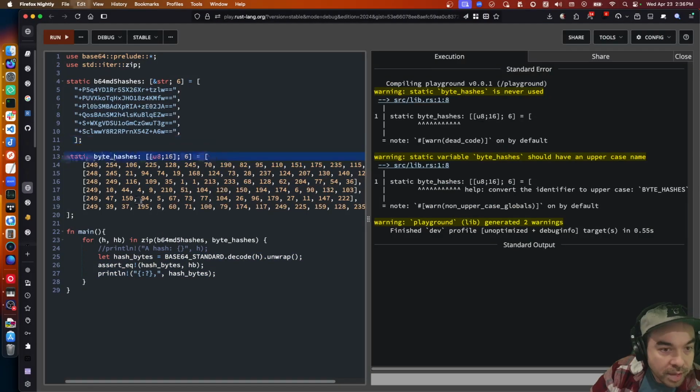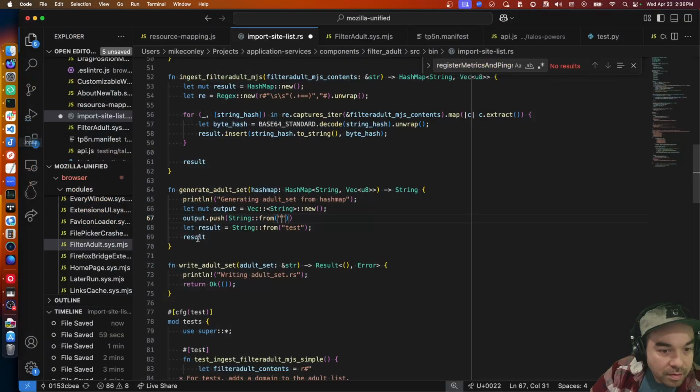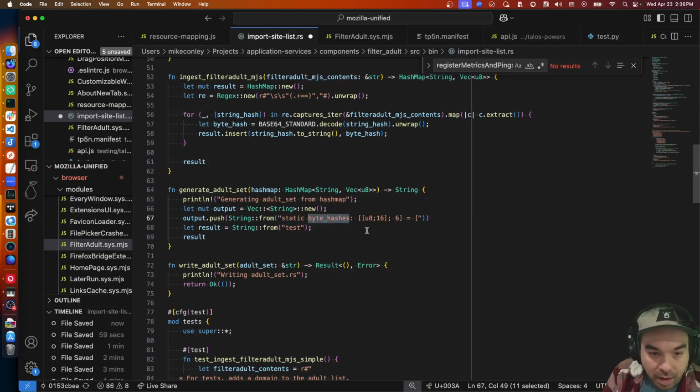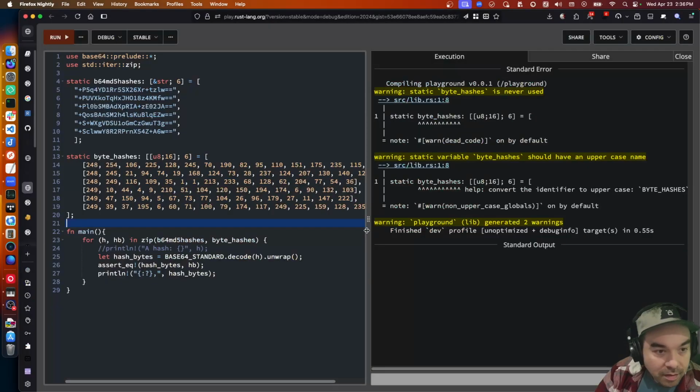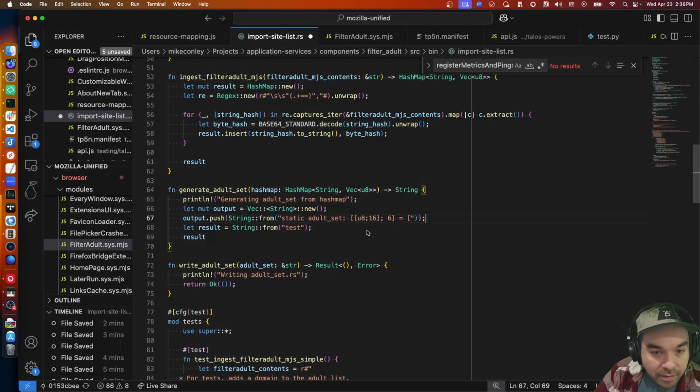Static byte hashes. Adult set equals that. And then